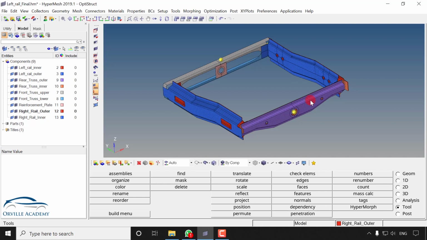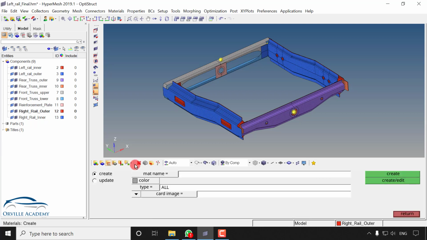But since this is a dummy project, I haven't given you the thickness in the PDF file. So in this particular case, we are going to assume that all the material that we have is steel and the thickness of all the components is 1 mm, except for this reinforcement plate which has a thickness of 2 mm. Now let's start with creation of material and observe how I am giving the property. So I can go for material. Now since the same material has been applied to all the components, I can simply go for mat name. Let me go for steel.